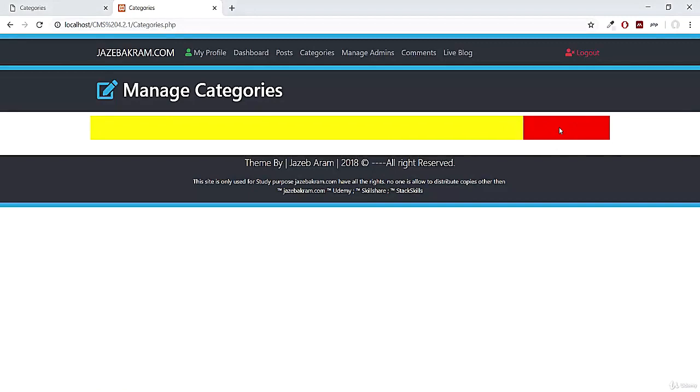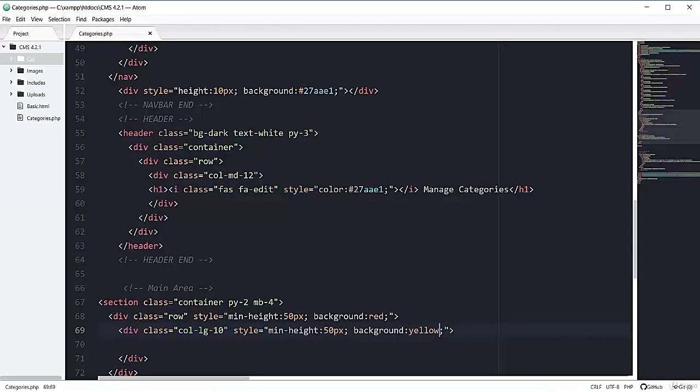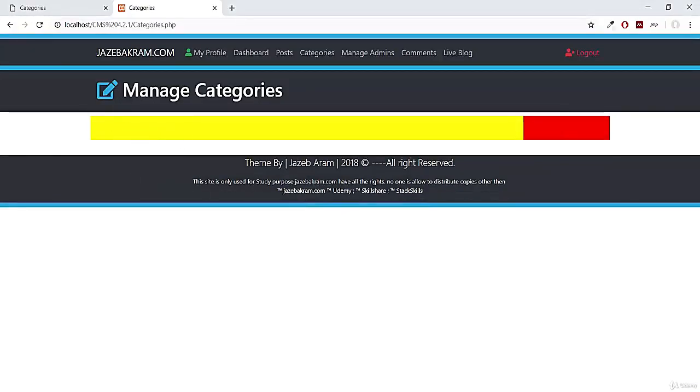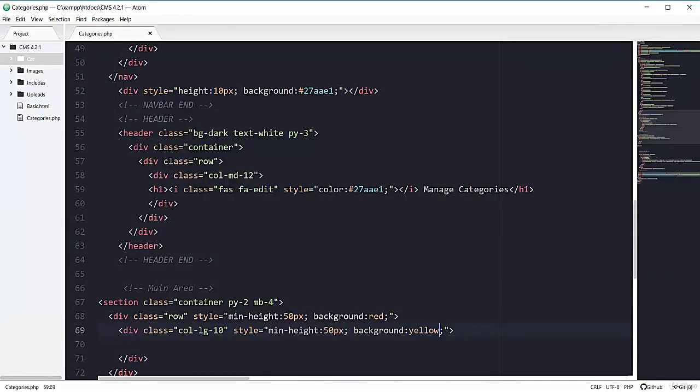So the idea here is I'm gonna take 10 columns, and for the first one column I'm gonna skip the first side. So if you want to offset some column in Bootstrap, means if you want to leave some area, you can apply the Bootstrap class of offset dash screen size.